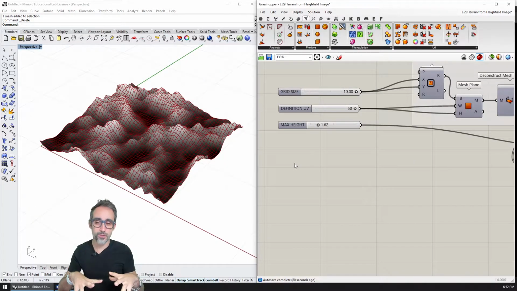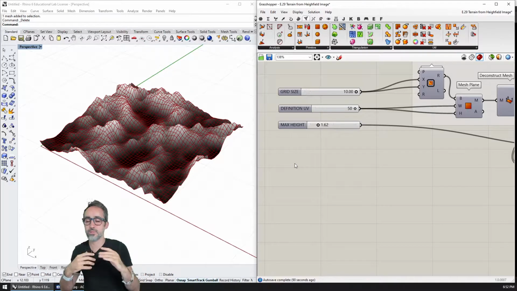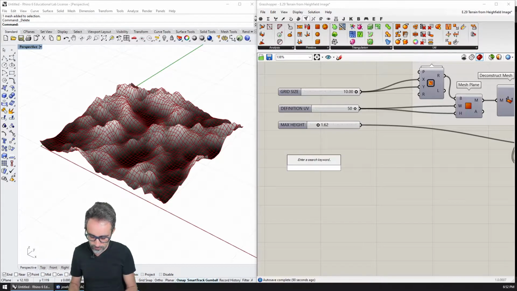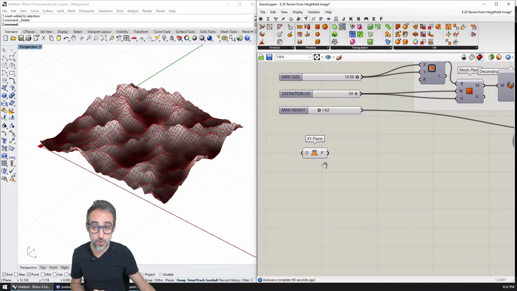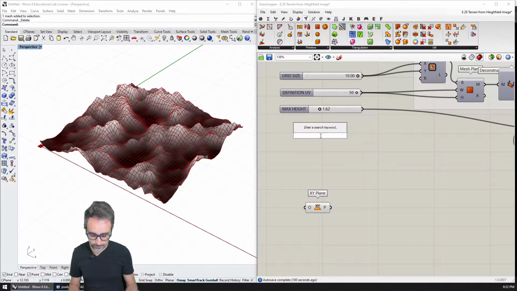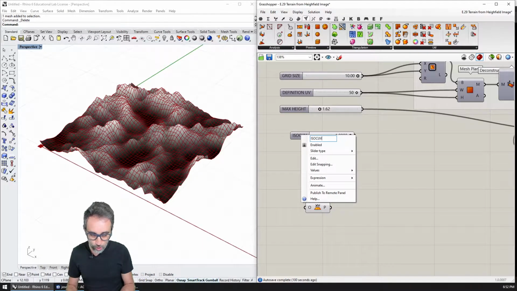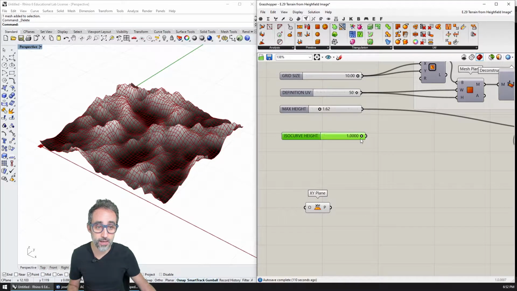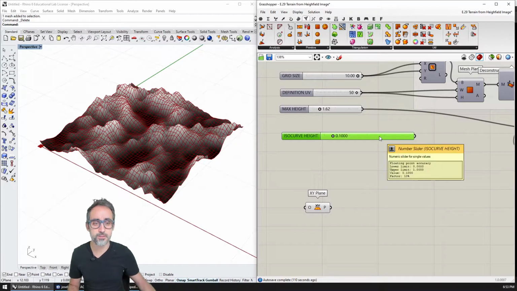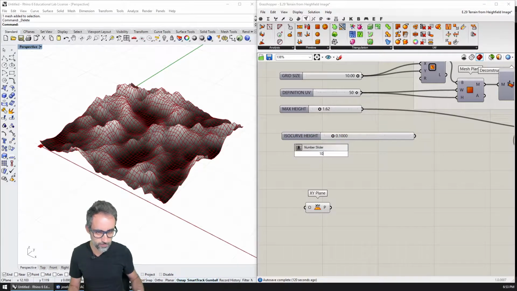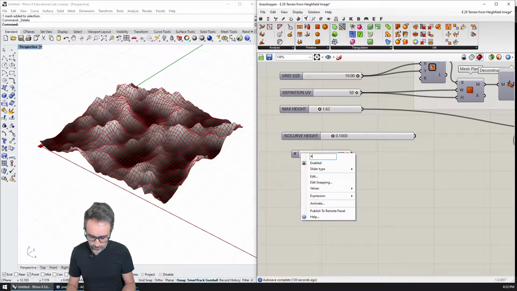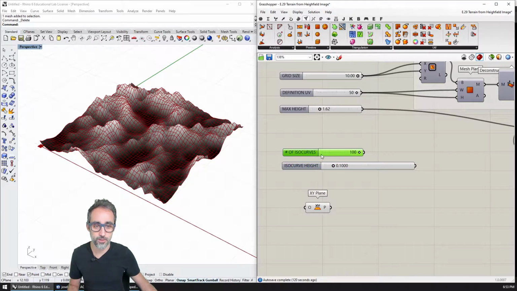As we have seen before, we could use the method of the bounding box and the planes, but I'm just going to keep it simple. I'm just going to create a simple XY plane that is going to start at 0. I'm going to add a couple of parameters. For example, a value for the ISO curve height, meaning the distance between ISO curves, and I'm going to set this to a fairly small value, 0.1. Another one is going to be the number of ISO curves, and that's going to be, for example, 100.